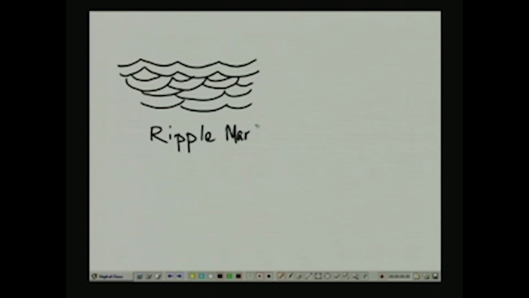So, ripple marks are the relict forms of wave actions that are readily visible in the texture of sedimentary rock, as is shown in this sketch here. So, this is the appearance of ripple marks in a sedimentary rock